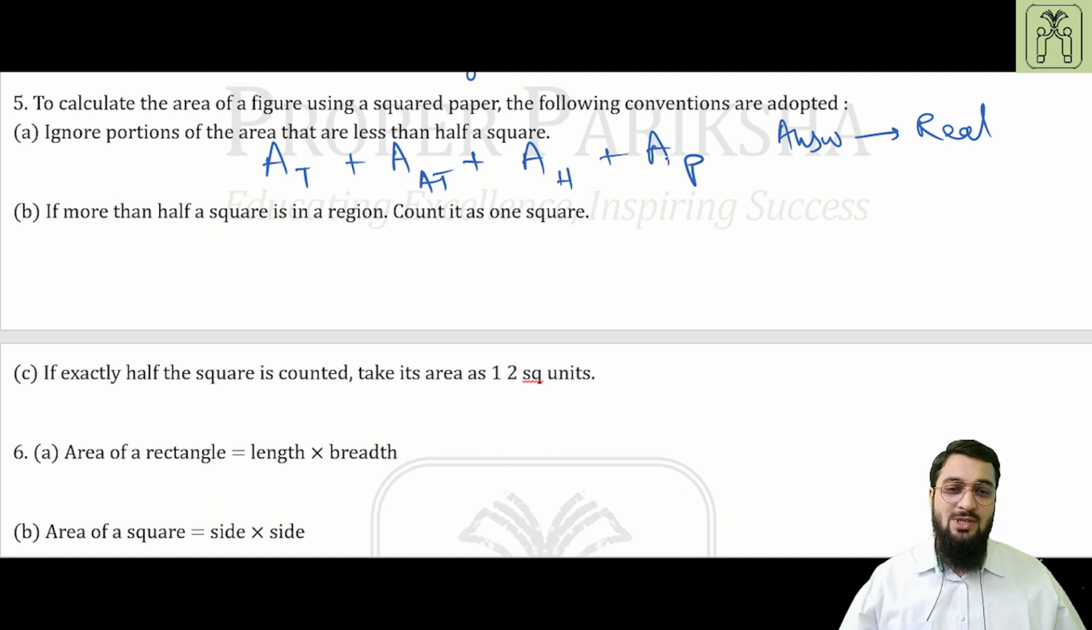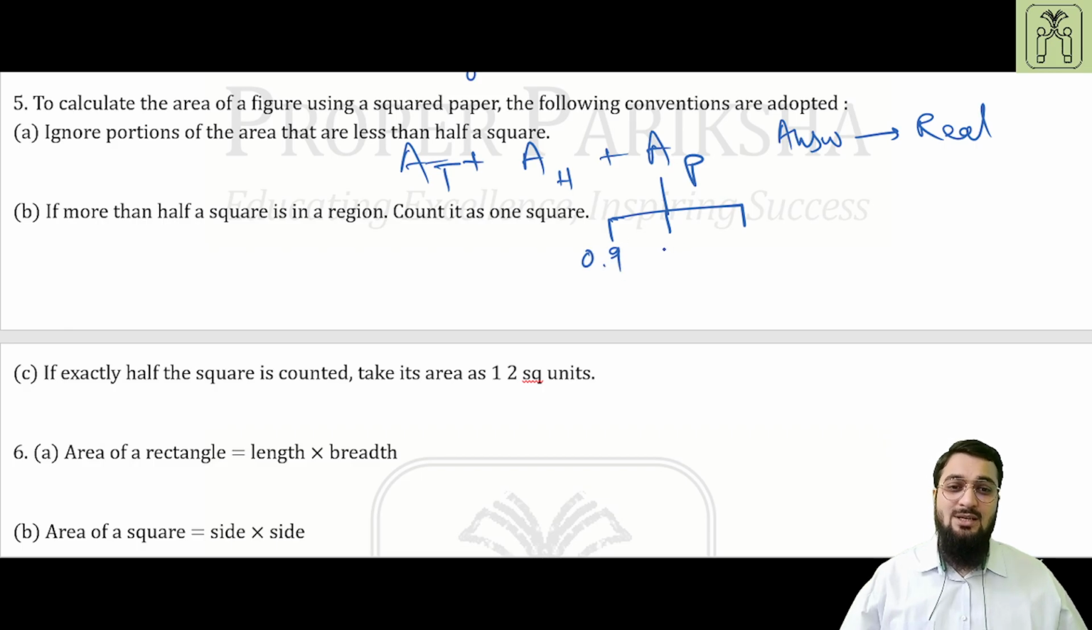So partial squares are generally divided into, let me just rewrite it, area of totally shaded, area of half shaded, and area of partially shaded. They can be divided into three types as we have done in the previous videos, that almost